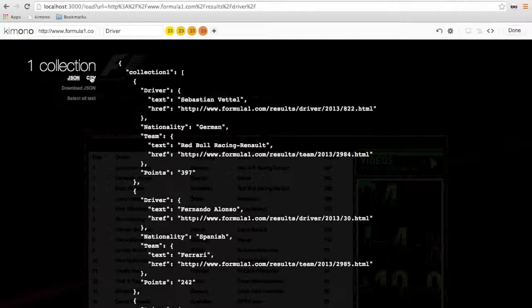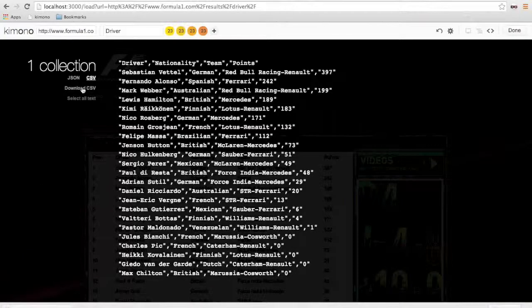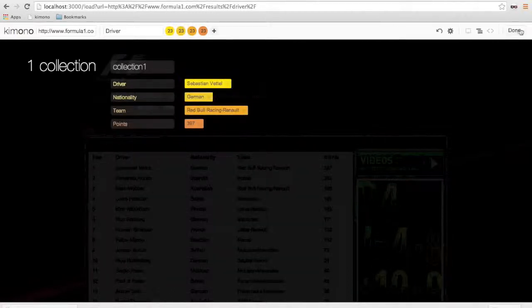We can then click CSV to see the comma-separated values view. Again, the first row is just the header, and the rows below just correspond to those elements. I can simply click here to download my CSV file. That's nicely downloaded. And then if I want to go ahead and just generate the API, I can just click